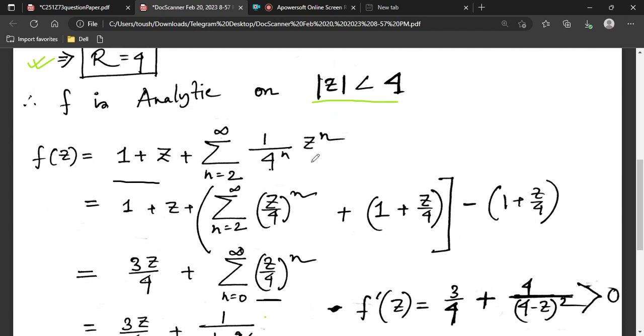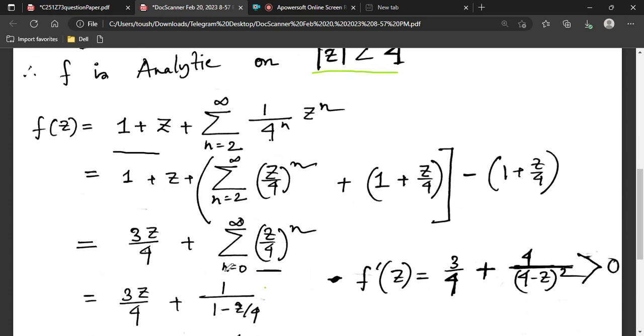We will add, if n is equal to 0, then this will be 1 by 4 to the power 0. Z to the power 0 is 1, that means 1 only. And when n is equal to 1, we will add 1 by 4 into 1 by 4 to the power 1 into z to the power 1, that means 1 by 4 into z. So if I add this, we have to subtract this term, so we subtract this here, minus 1 plus z